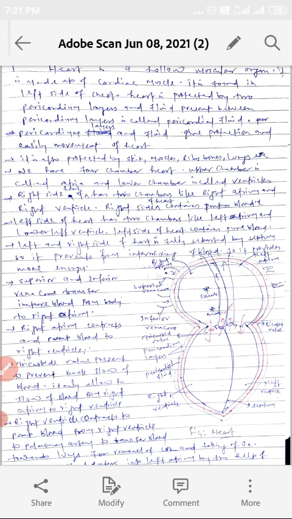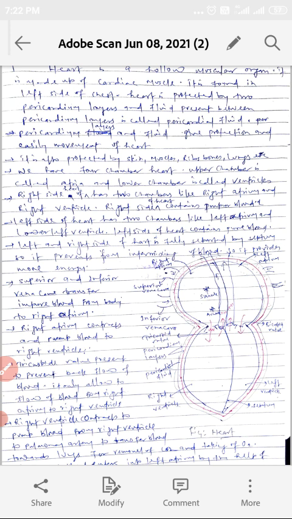Left and right sides of the heart are fully separated by the septum, so it prevents intermixing of blood, so it provides more energy. Superior and inferior vena cava transfer impure blood from the body to the right atrium. Right atrium contracts and pumps blood to the right ventricle. Tricuspid valve is present to prevent backflow of blood. It only allows blood to flow from the right atrium to the right ventricle.